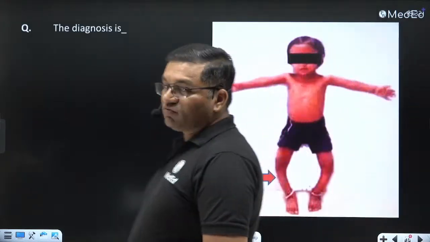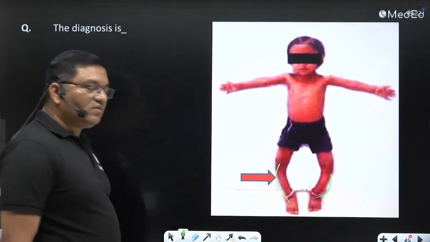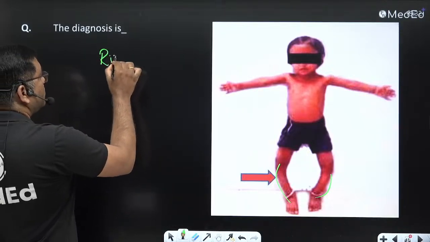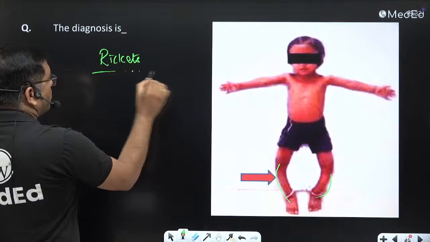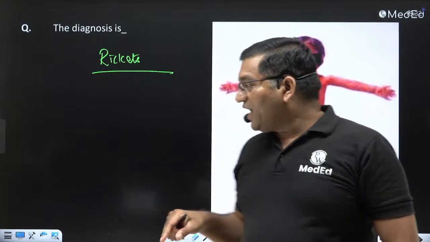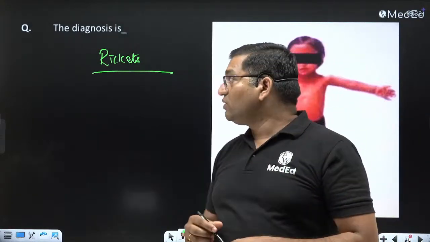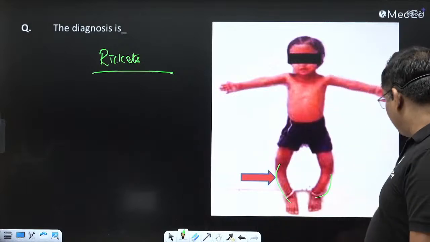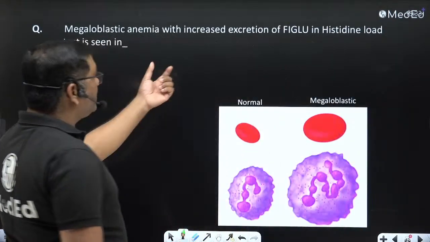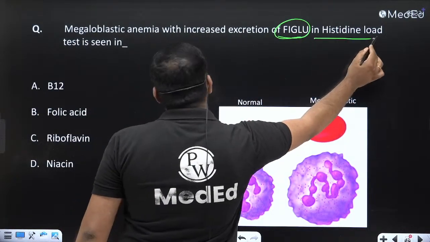See the diagnosis. What is the diagnosis here? So it is curved. It is bow legs. Bow legs are important. It is rickets, affecting weight bearing joints, because of spongy bones. The bone becomes spongy and pliable, so it gets curved. Bow legs are a symptom of rickets, caused by vitamin D deficiency. And see this: megaloblastic anemia with increased excretion of formiminoglutamic acid, FIGLU, in the histidine load test is seen in